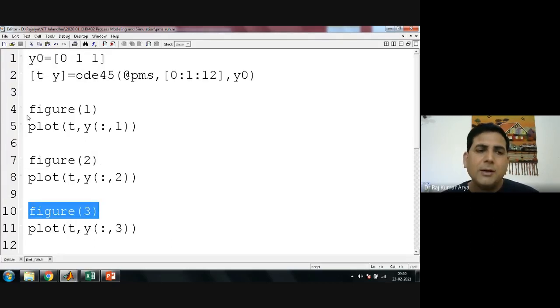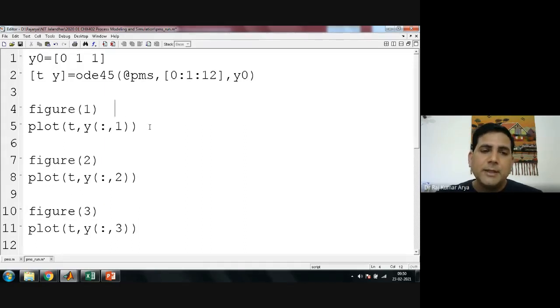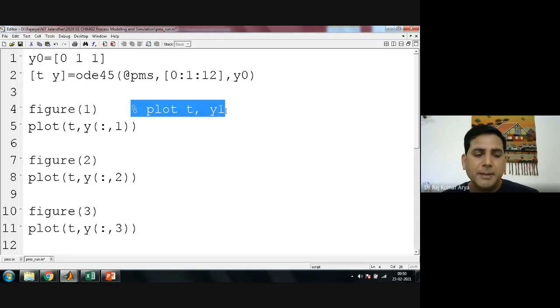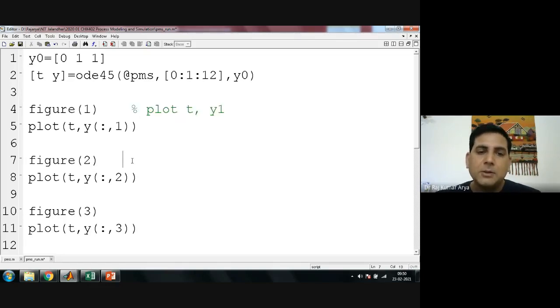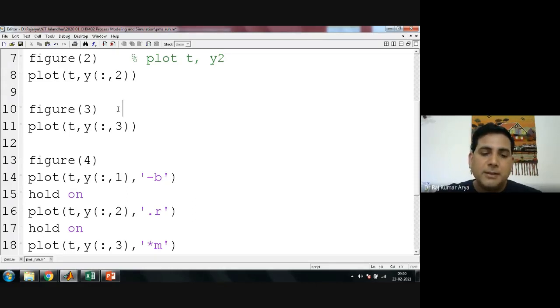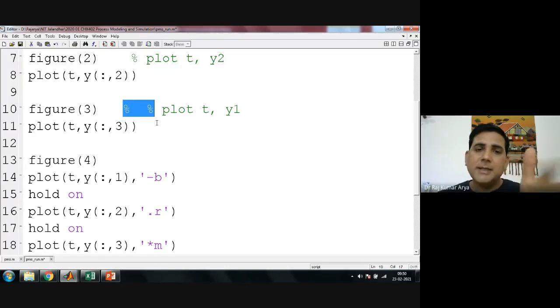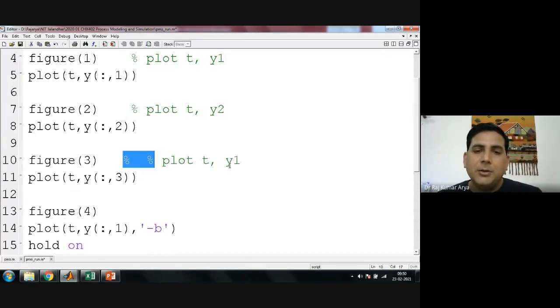If you want to clarify which figure number 1 you are plotting, you can give a comment here in the file, a comment that tells you what is happening here. So you want to say you want to plot t versus y1, so you will come to know what you are doing here. This is a comment. You should know what you are doing at each step. Now here you want to plot t versus y2, and here also this is your t. You can put as many percentage signs as you want; it doesn't matter. If you put a percent sign, it is just text material. It will not create any problems.